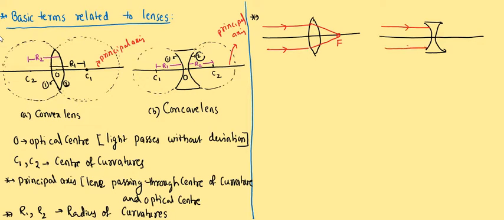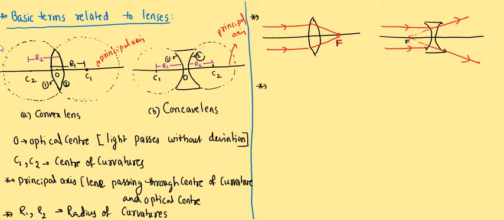After the refraction, they will diverge because it is a diverging lens. That means they will move away from each other. If you extend these refracted light rays in the back, they will meet at a point and appear to be coming from a point. That point is called the focus. This point is also a focus, where F is called the principal focus. Okay, principal focus I am going to explain.